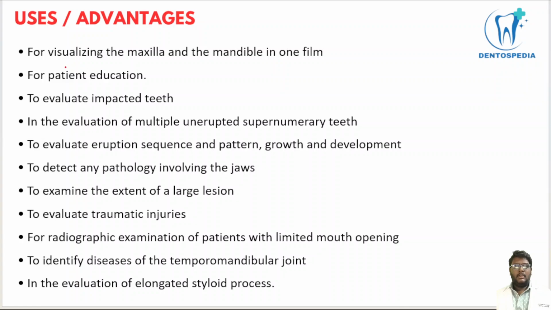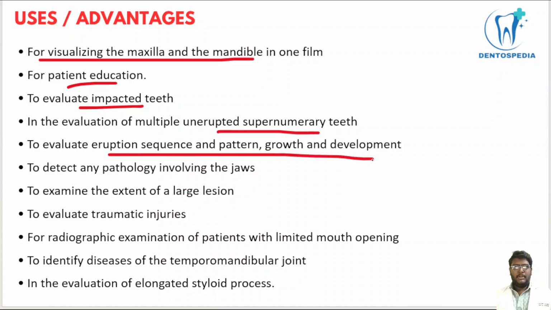And coming to the advantages, there are mainly a few advantages of this OPG. It is mainly used for visualizing maxilla and mandible in one film, for patient education, for evaluating impacted teeth, okay, and also in syndromic situations for evaluation of supernumerary teeth, for example Gardner syndrome, right? In those situations where multiple supernumerary teeth are present, we can use OPG for evaluation, and also we can evaluate the eruption sequence and pattern and growth and development of the child, okay, and detect any pathology involving the jaws like cysts and tumors, right, and examine the extent of large lesions, and evaluate jaw fractures, maxillary and mandibular fractures,